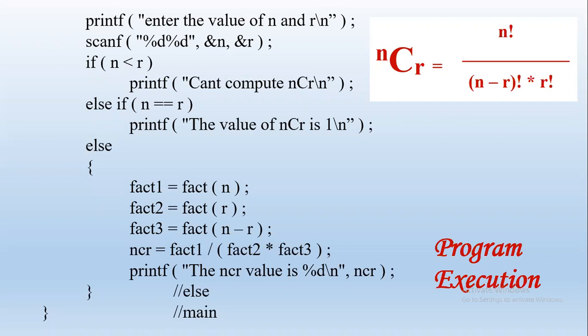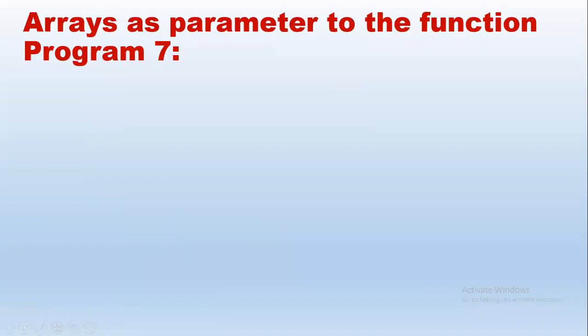The next type is passing an array, right? So here we can pass an array also. Here we just passed a single variable n or r. Similarly, we can pass an array. That is the next problem, passing arrays as parameters to the function. How do we do this? So here we will simply give the name. For example, if we declare array A, int A of 10, 10 is the size of the array. So we have declared int A as the name.